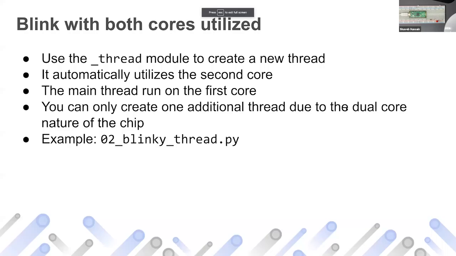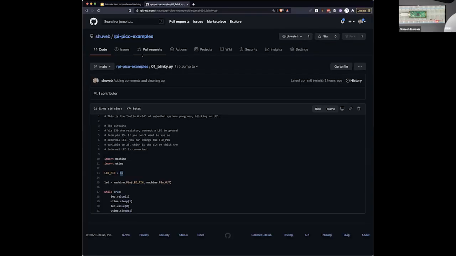We said the Raspberry Pi has essentially 2 CPU cores, correct? Now, the trouble with this particular code is that one core is just busy trying to blink one LED. So can we use the other core to blink another LED? That's what we're going to try. Let me show you the code for that. It's pretty simple, right?